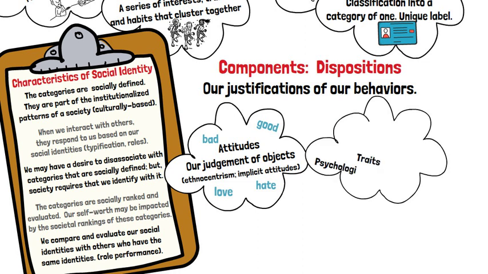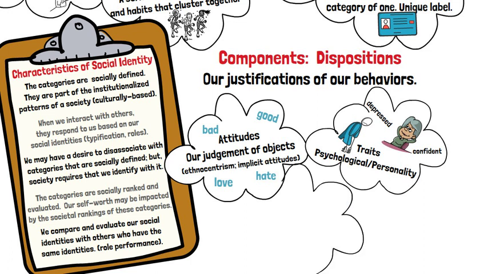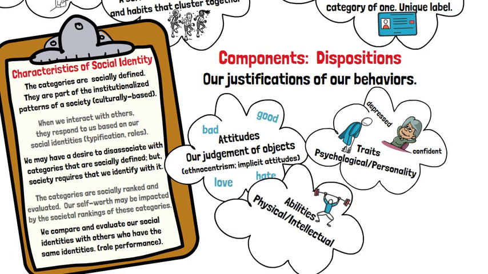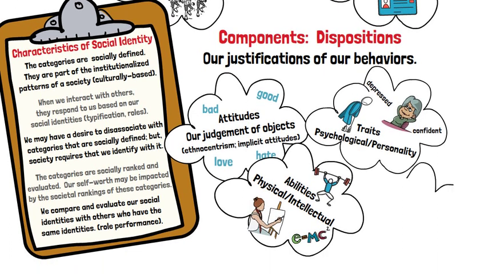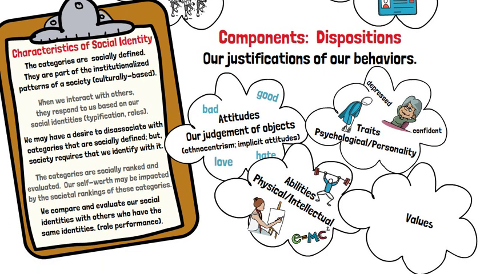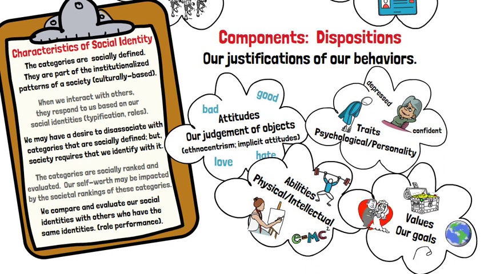Dispositions also include our traits: I am an introvert, I am confident. It includes our abilities: I am strong, I am a navigator. And our values: I am concerned with humanity, I am independent. When you look at your 20 statement test, how many elements could you identify as social identity